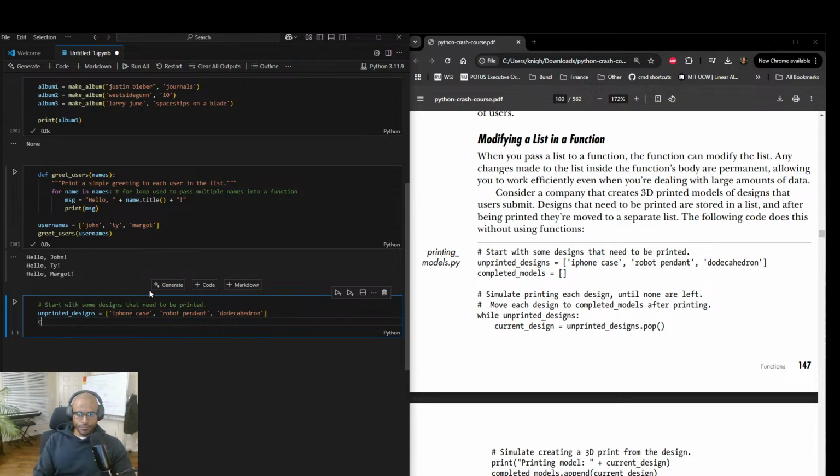Dodecahedron. Setting it to an empty list. Completed models is an empty list. Okay, I got you. To none are left. Okay.